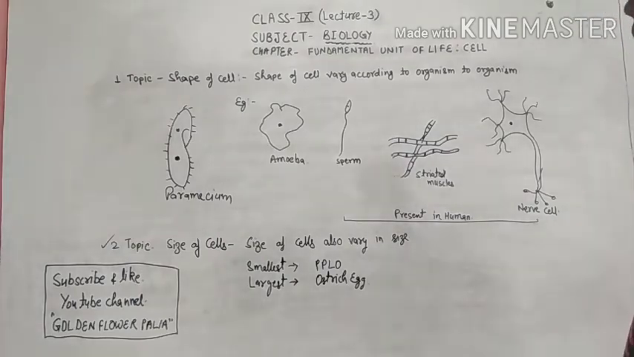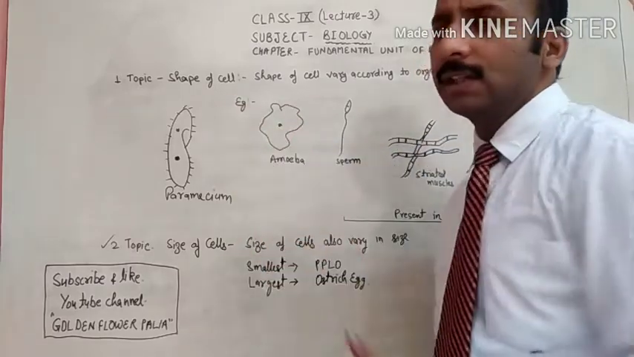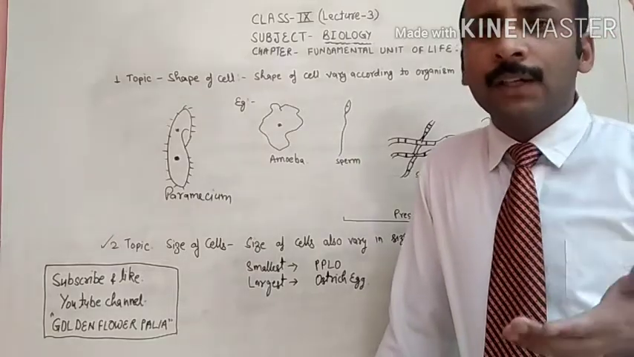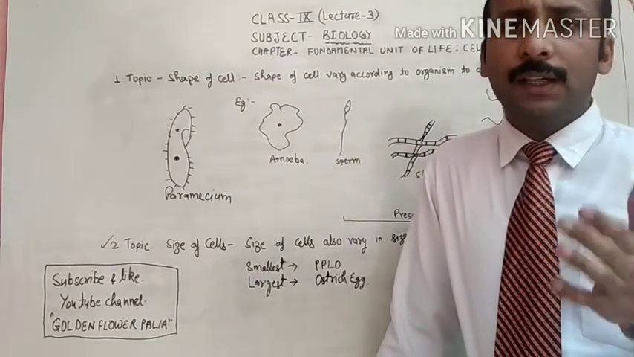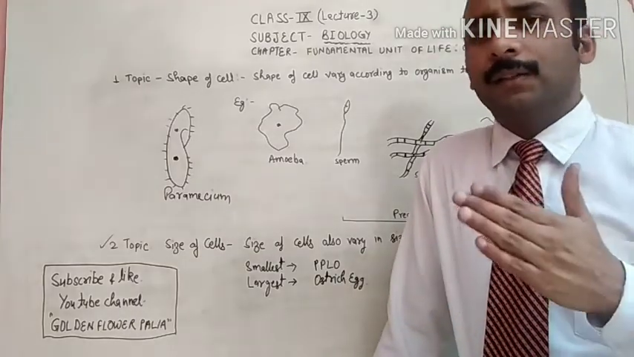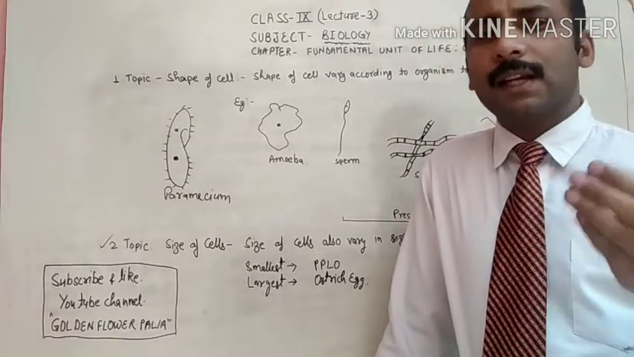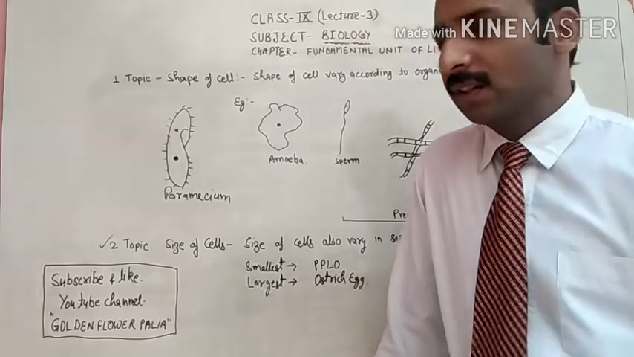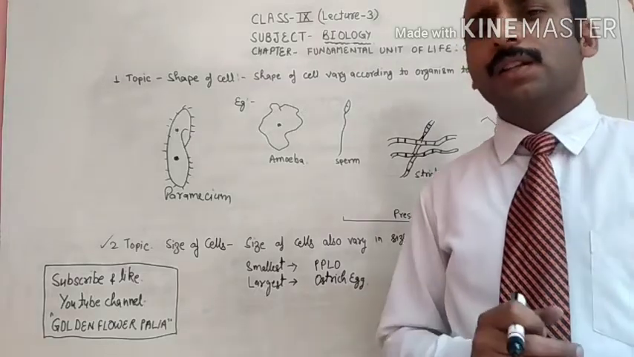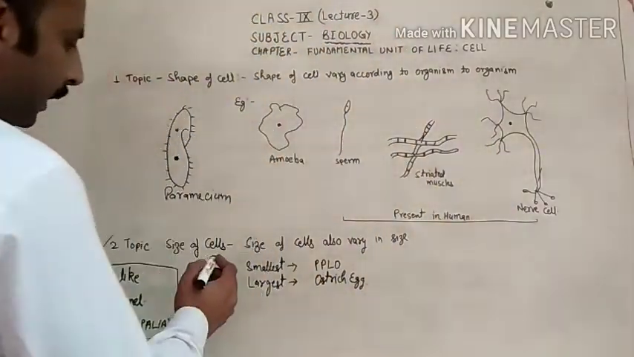Just like the shape of cell, the size of the cell is also not fixed for different kinds of cells. Obviously it may be fixed for a particular kind of cell, but when we talk about different types of cells, then the size is not fixed. It also varies from organism to organism, structure to structure and function to function. Just for example, you can take the example of the smallest cell